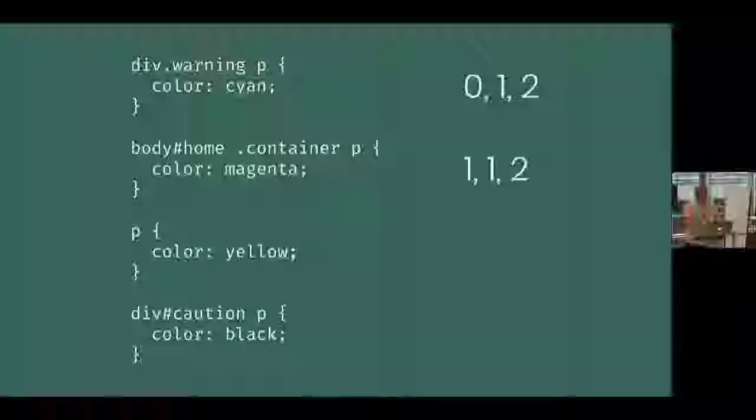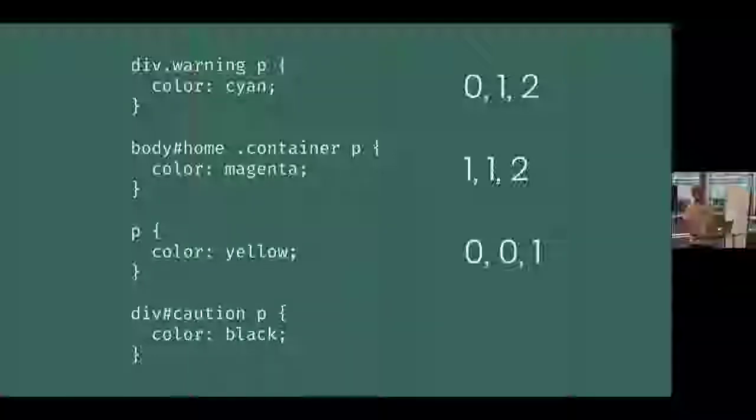So if this is the case, then we can see how we can actually affect the way the color is applied, because this second one here is very specific. So that's going to get the magenta color, whereas if we did not have this, it would use the cyan color instead, right? It uses these rules to decide. And even if these are out of order, the specificity is going to determine that it's the second one instead.